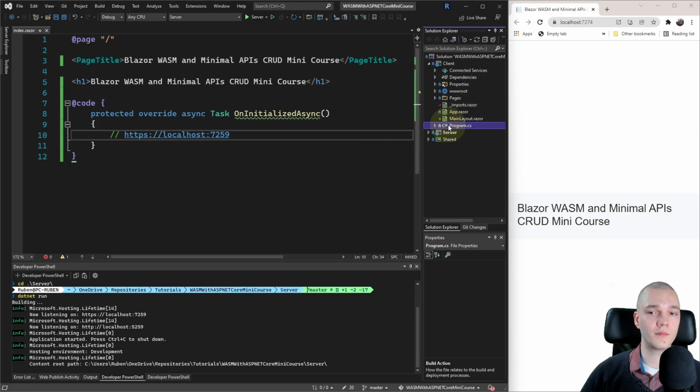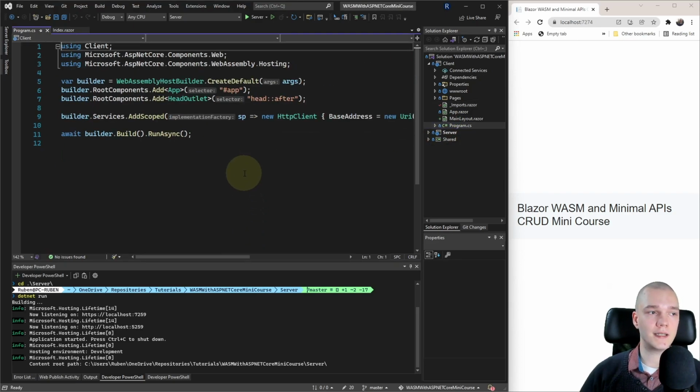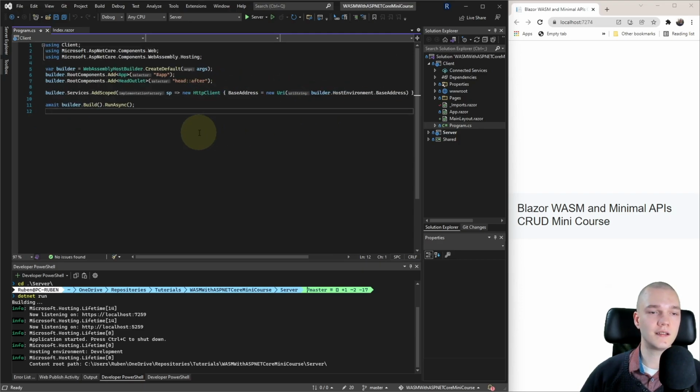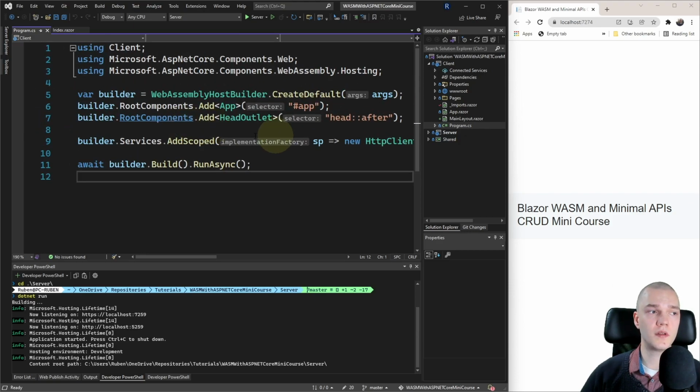Right, so to make HTTP requests in Blazor, we can use the built-in HttpClient, and if we open Program.cs, we can see that it's already added to the dependency injection. And in Blazor WebAssembly, the scoped variant is the same as singleton. According to the docs, Blazor WebAssembly apps don't currently have a concept of dependency injection scopes. So we'll just leave it as scoped. Alright, so I'll close that.